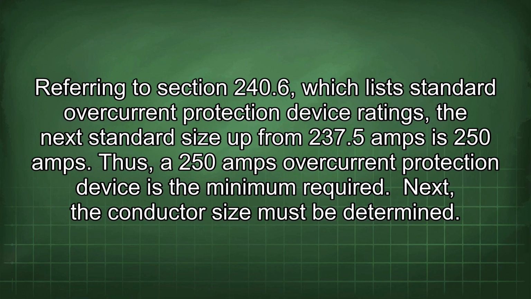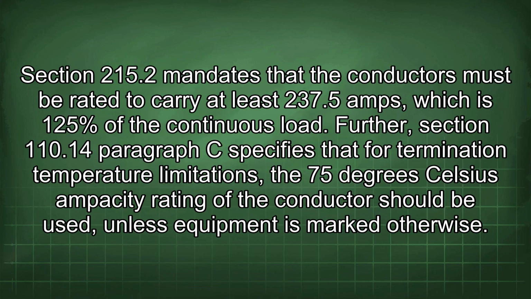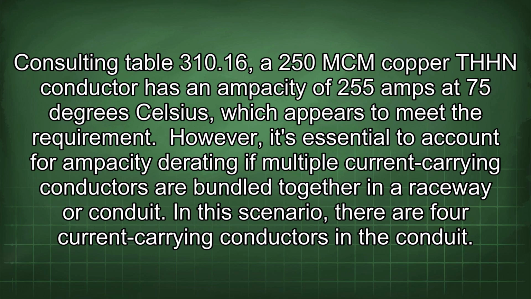Next, the conductor size must be determined. Section 215.2 mandates that the conductors must be rated to carry at least 237.5 amps, which is 125% of the continuous load. Further, Section 110.14 paragraph C specifies that for termination temperature limitations, the 75°C ampacity rating of the conductor should be used, unless equipment is marked otherwise. Consulting Table 310.16, a 250 mcm copper THHN conductor has an ampacity of 255 amps at 75°C, which appears to